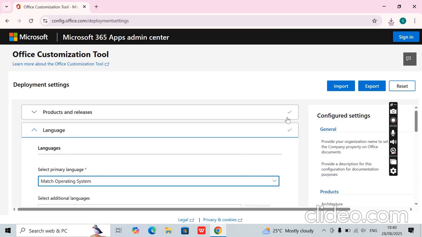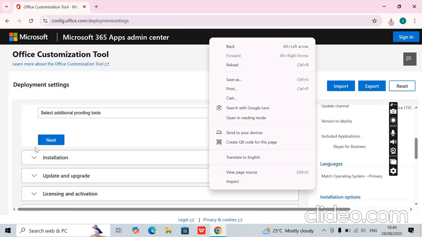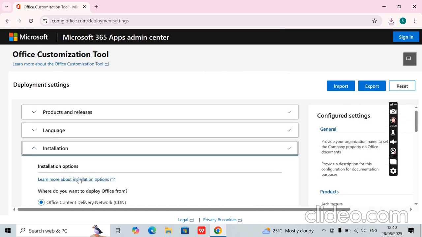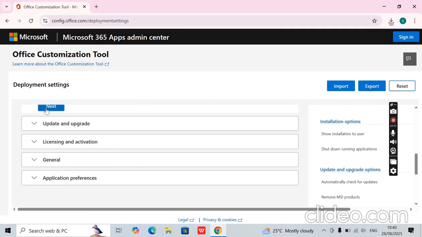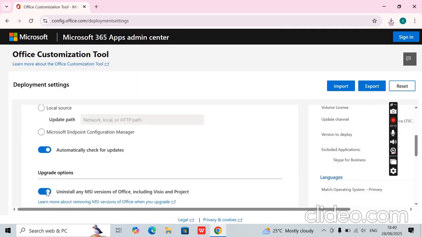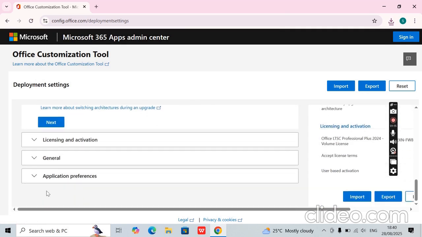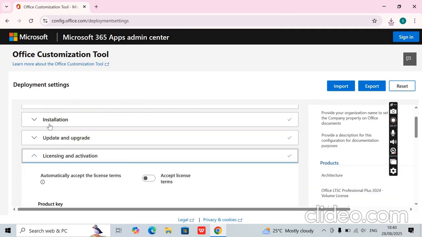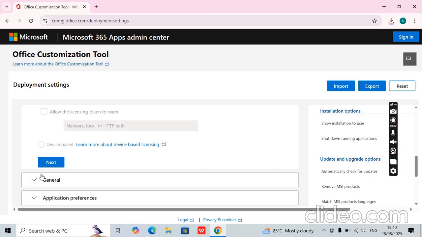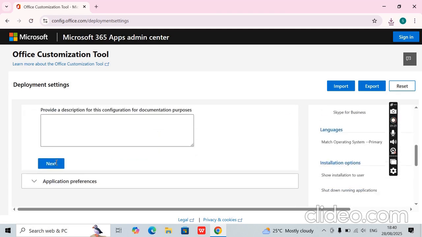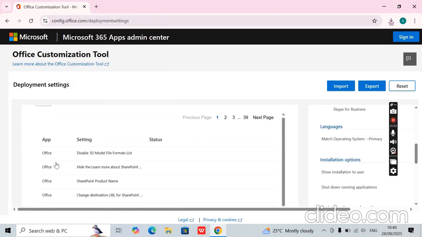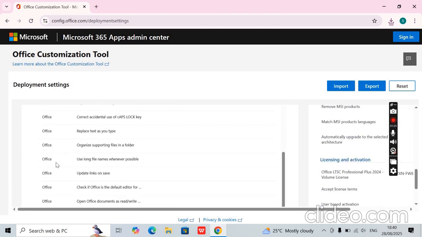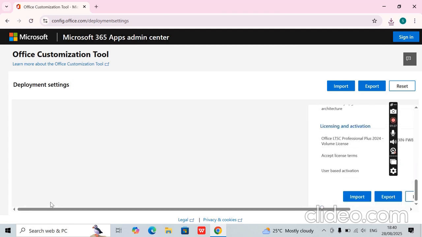click on next, the installation, next, next, click on finish,